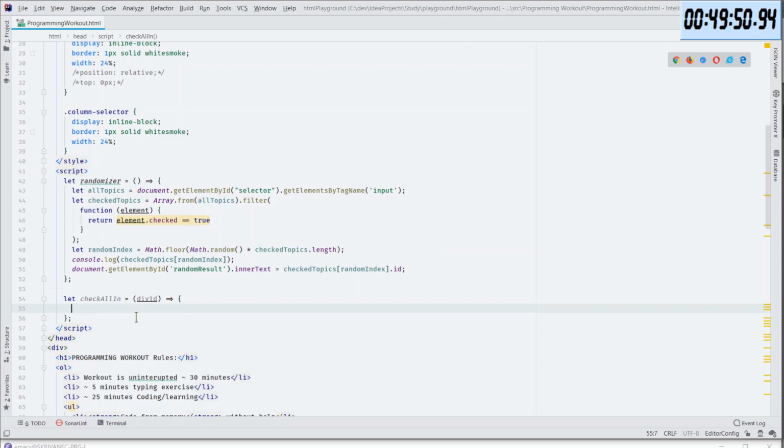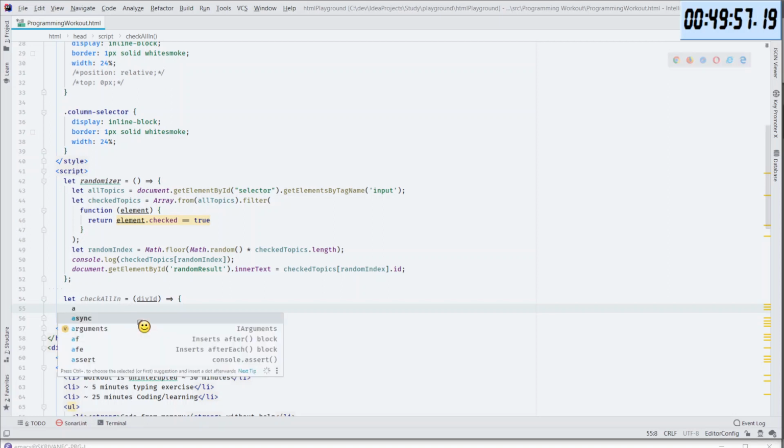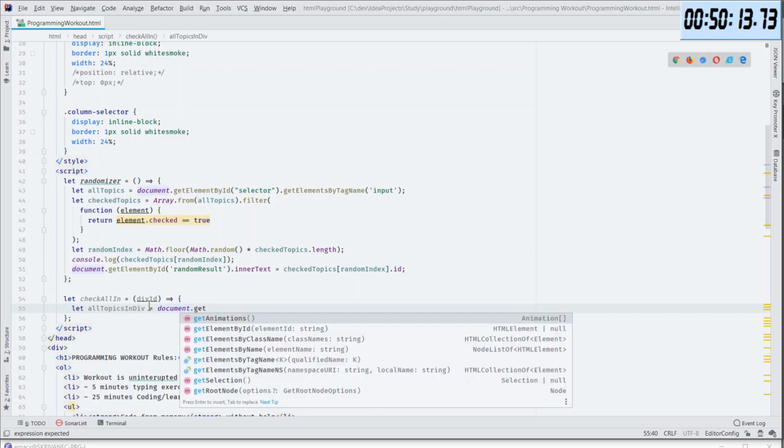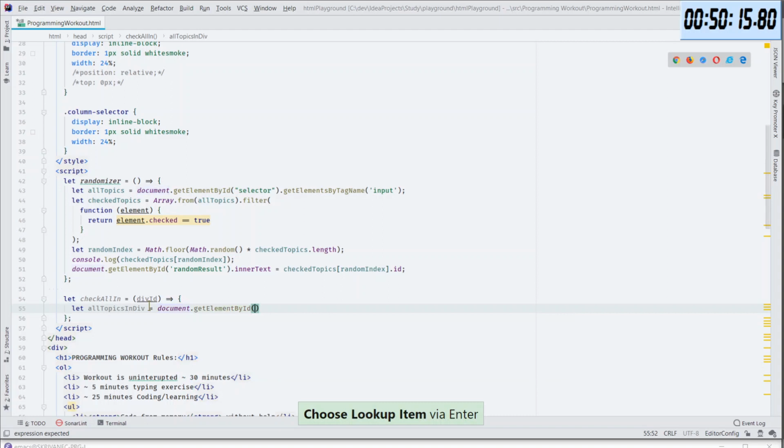So we will have let all topics in div, and that will be document get element by ID, and that will be the div ID.